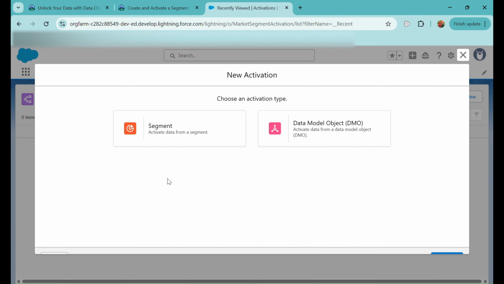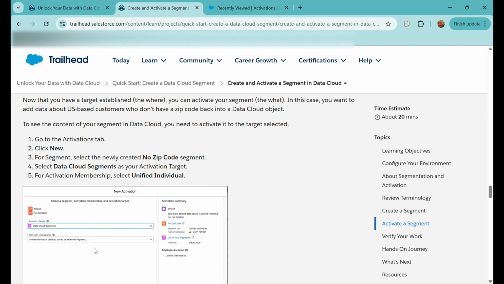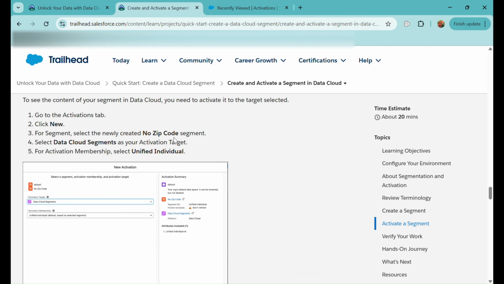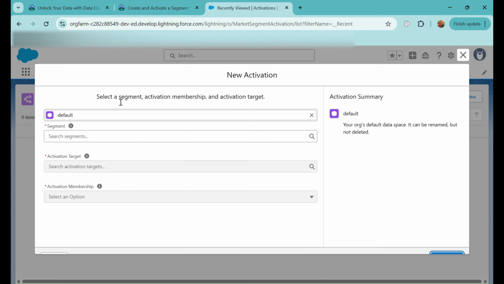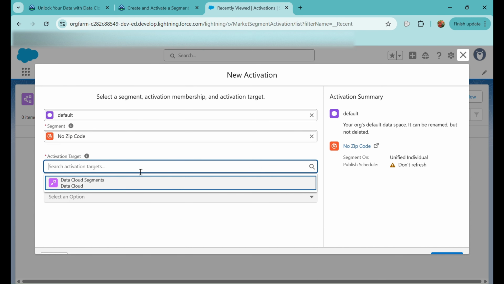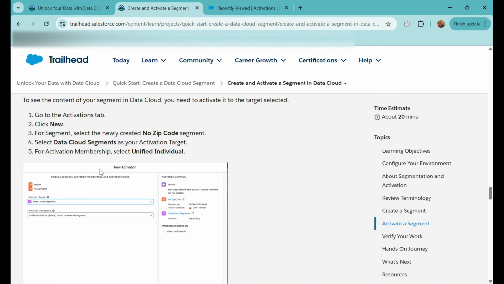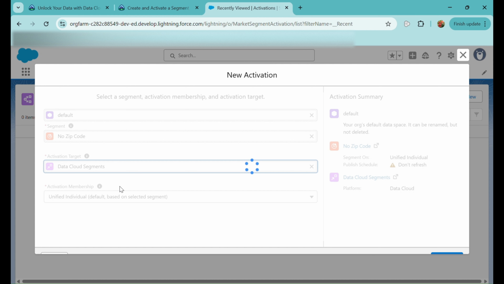Now in the activation, we'll select segment because we have created the segment. I'll click on the next button, then the segment we will select is our no zip code, and this is the no zip code, and the activation target which we have just created, data cloud segment, and the activation membership is unified individual.